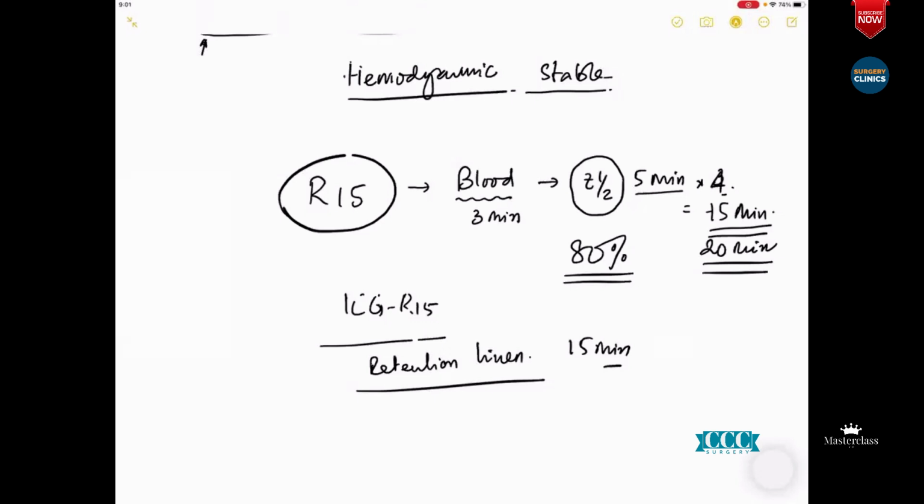The main reason, or the technicalities that we go by, is that we want to determine, as I've said, this is a dynamic test. If this is a dynamic test, then I want to know how much of this is being retained by the liver. Now, tell me one thing, how is ICG taken out by the human body?